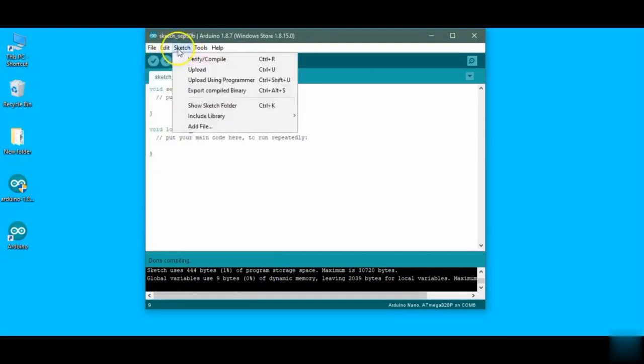not an important one. Then in Sketch, all of these are given in shortcuts. Here is Upload Using Programmer. When you are using a different programming module to program your Arduino, then you use this option. And